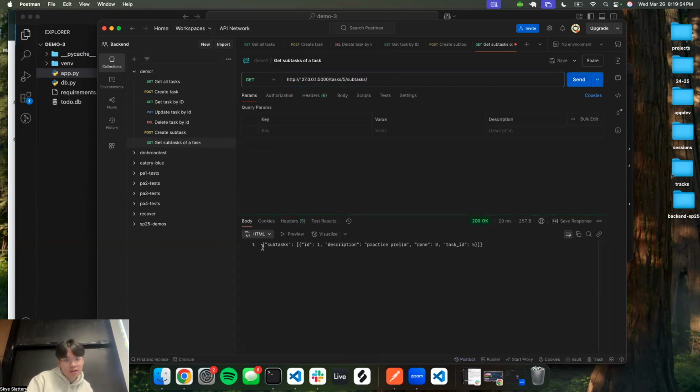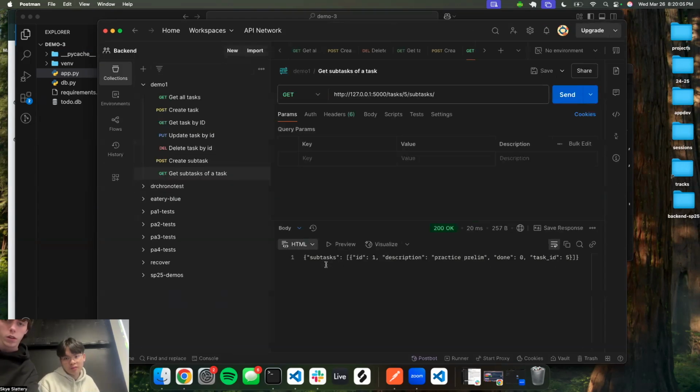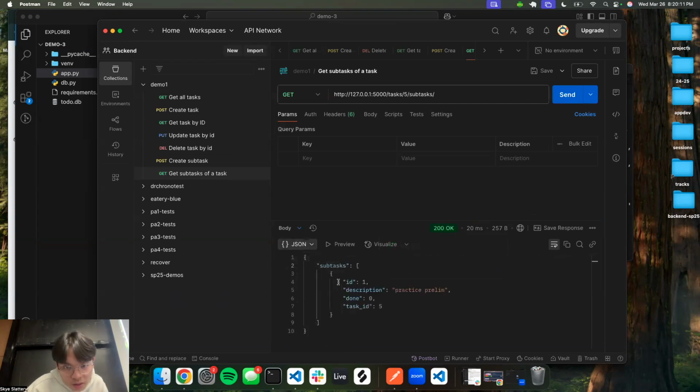As you can see, it returns a bit tiny. It returned a 200 response, so everything's good. And it returned a JSON object with subtask, and inside it we have the list of all the